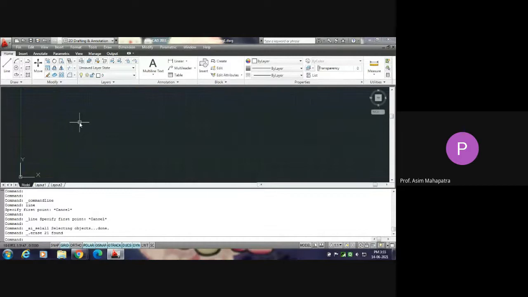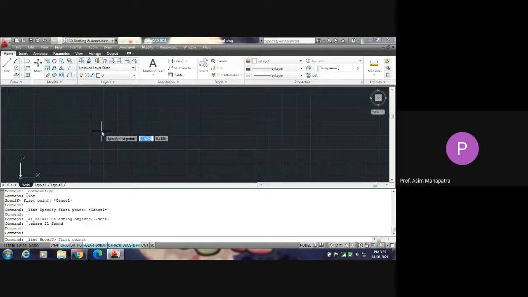Now I will show you how the command line will be helpful to you. I am drawing a rectangle by taking the help of the line command, and I will show how it will guide you in the proper way. I am clicking on the line command.